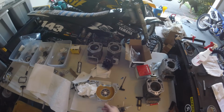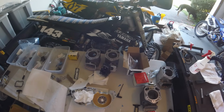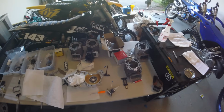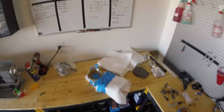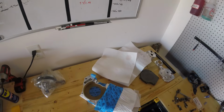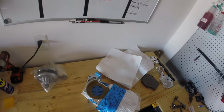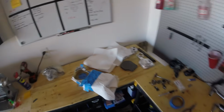And unfortunately, I had already installed all the bearings before I decided that was necessary, so I had to tape everything off, and it was very, very stressful, and it got my OCD very triggered. So here we're about to do the second one. You can see roughly the setup that I'm going to be using to do it, and I'm going to do it off camera just because it's kind of a pain, but that's what I've been up to for the past 2 days,